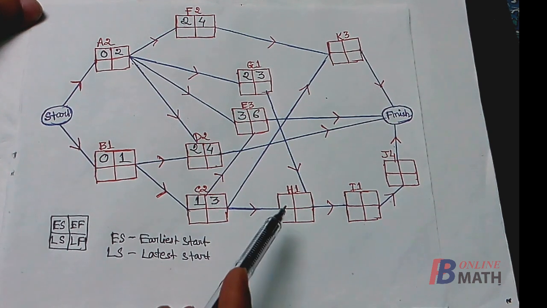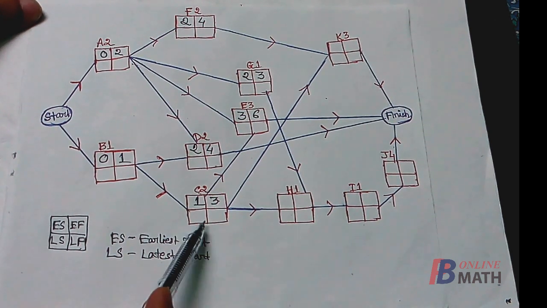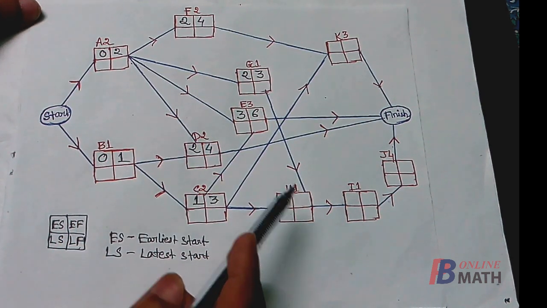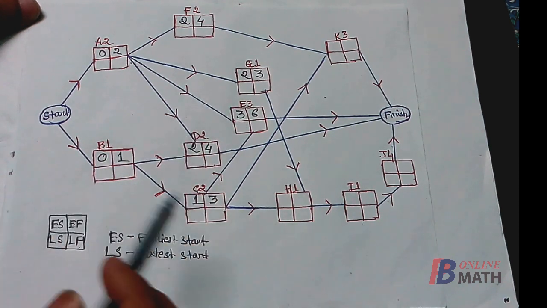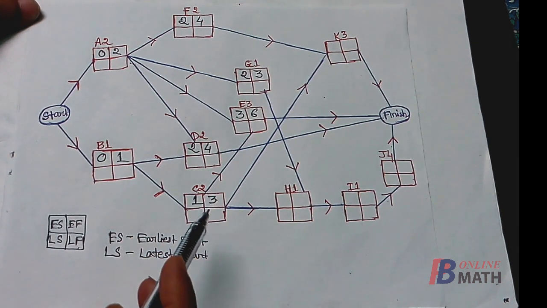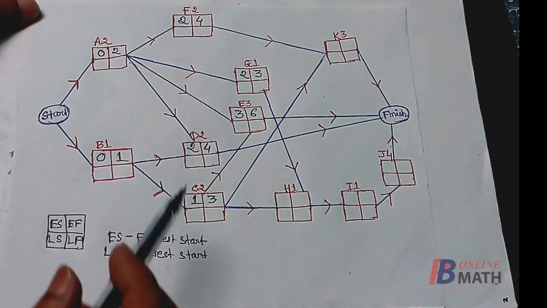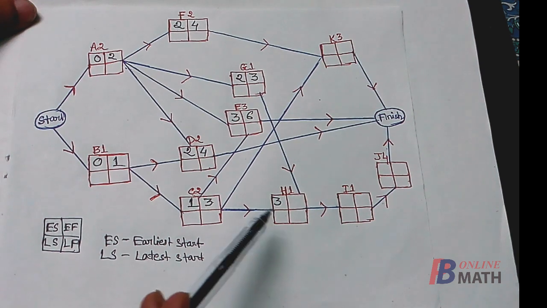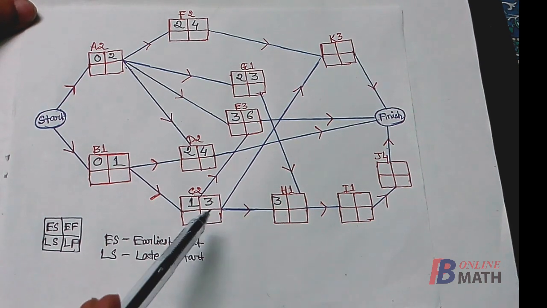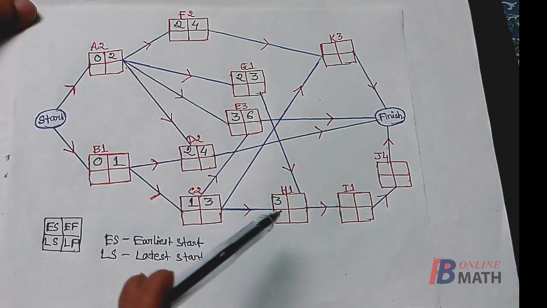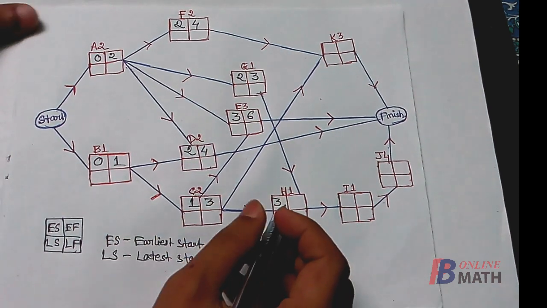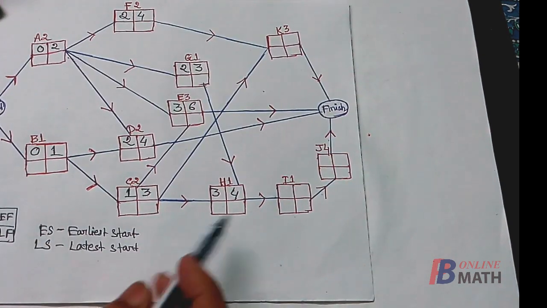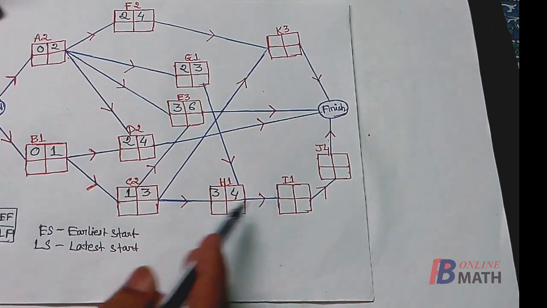Okay, next consider the activity H. It has two immediate predecessors, C and G. So the activity H can be started only after the completion of the activities C and G both. Now we find that the activities C and G are completed after 3 weeks. So the activity H can be started after 3 weeks when both the activities C and G are done. Now it requires only 1 week, so 4 is the earliest finish time of the activity H. Next, consider the activity I with only one immediate predecessor H.